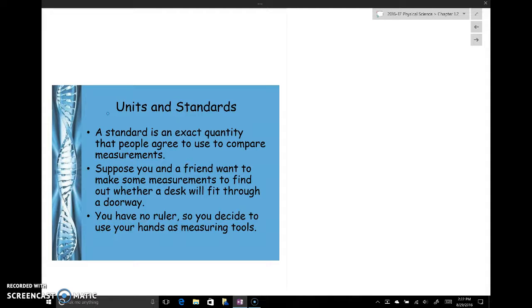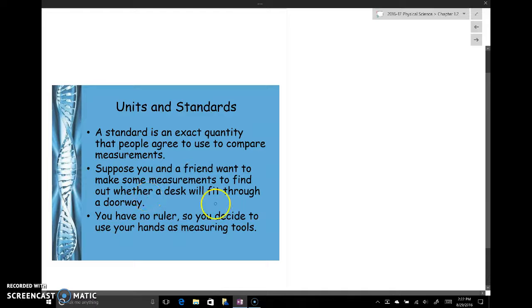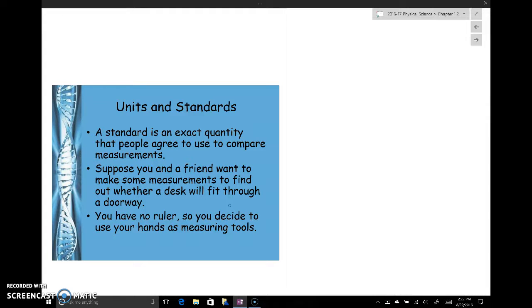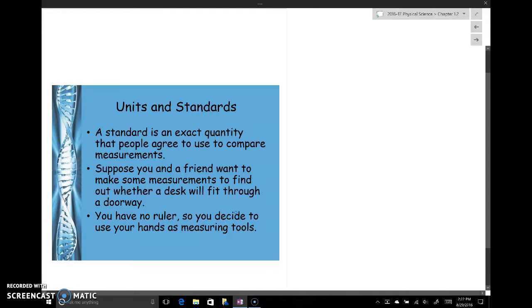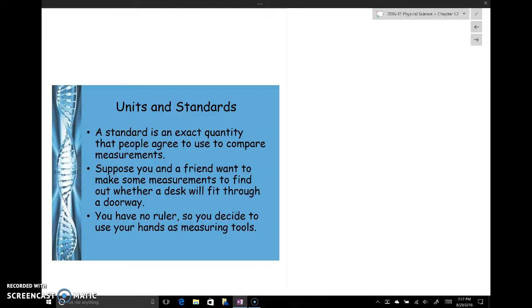And the reason is this. Let's say that you and a friend want to measure something like the width of your desk. You want to make sure that you can fit the desk out the door because you're trying to move it. But you don't have a ruler, so you decide to use your hands. And you determine that the desk is so many times the width of your hands. Maybe you can fit your hands across the desk 15 and a half times. And then your friend measures the width of the doorway with their hands. The problem with this is that you and your friend's hands probably aren't the same width, and so you're not going to be able to get a very good comparison about whether or not these things are going to fit